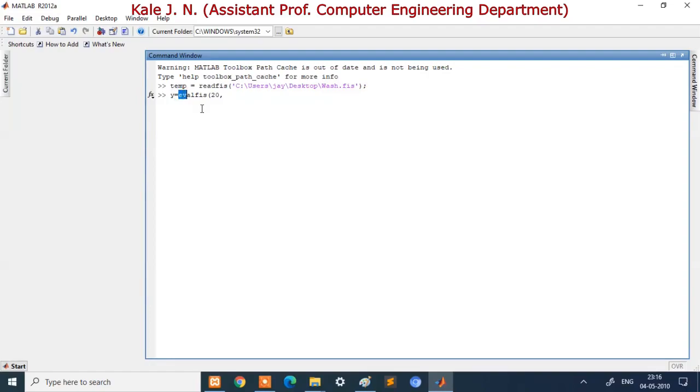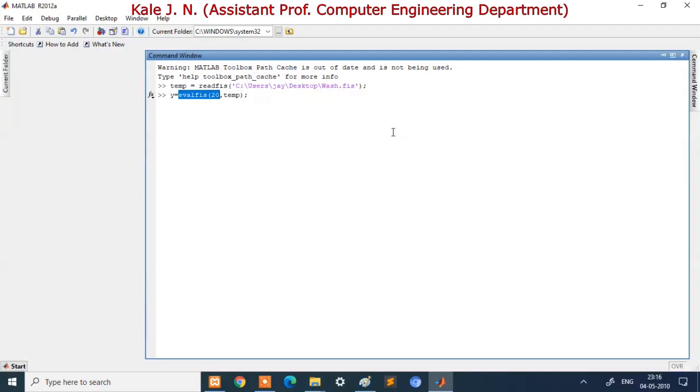This command, evalfis, is going to evaluate our fuzzy logic controller by taking an input of 20. So here you should write a command like this: 20, and the second parameter will be temp. From where is this temp coming? In the previous command we have taken the variable name as temp, so that temp will come here. What will this command do? It will evaluate our fuzzy logic controller with input 20, and after that one output will be generated.